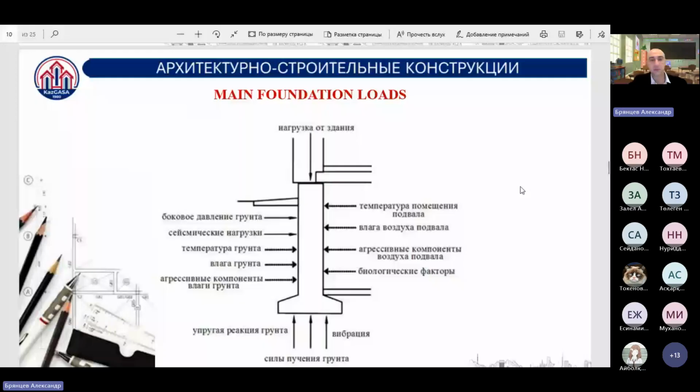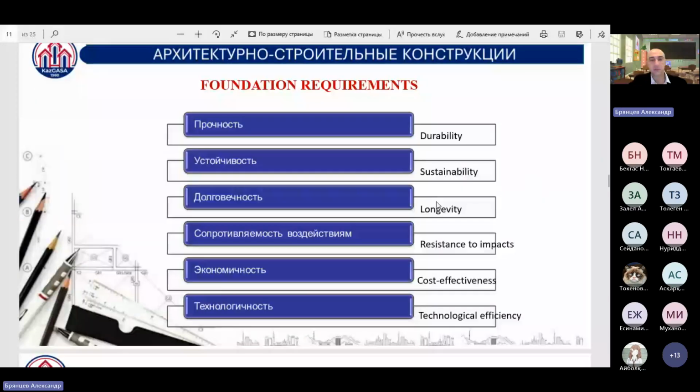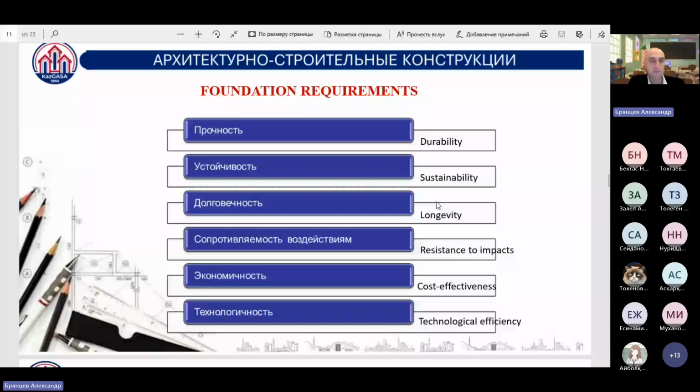Next slide is the information about requirements for the foundation. So a foundation is a critically important structural construction or component of the building, and several main requirements are applied to it. The first one is